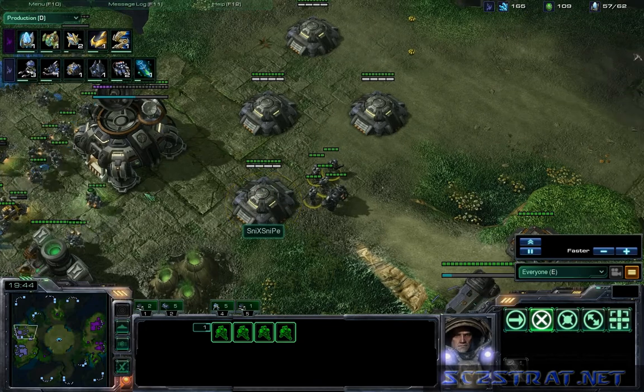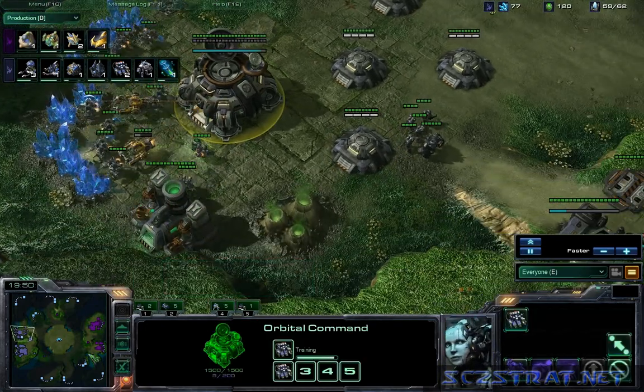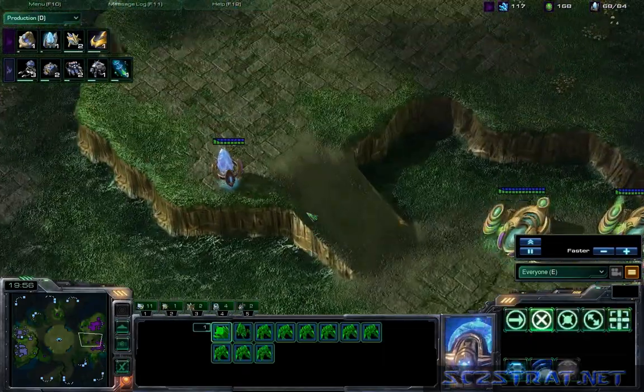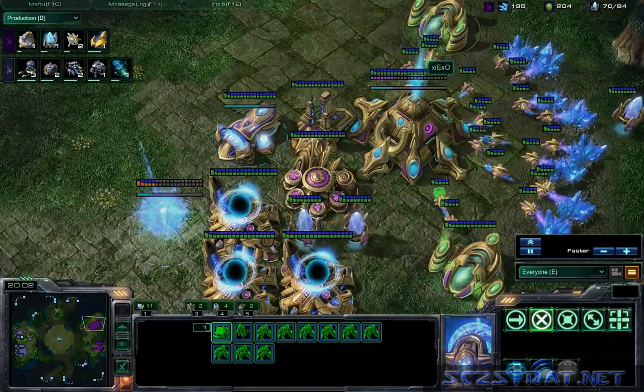Meanwhile, Snick Snipe's just bunkered up, wants to make sure he gets full saturation down here. Gets that healthy economy flowing, right? Looks like a few more zealots joined the pack there. Got your fourth assimilator down there, 2 up top,